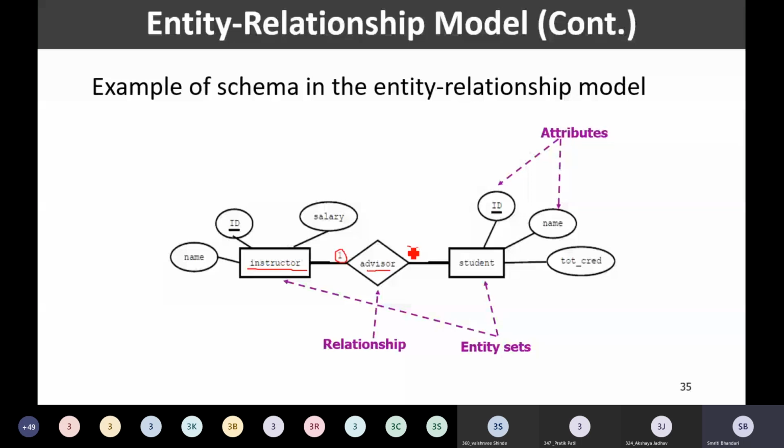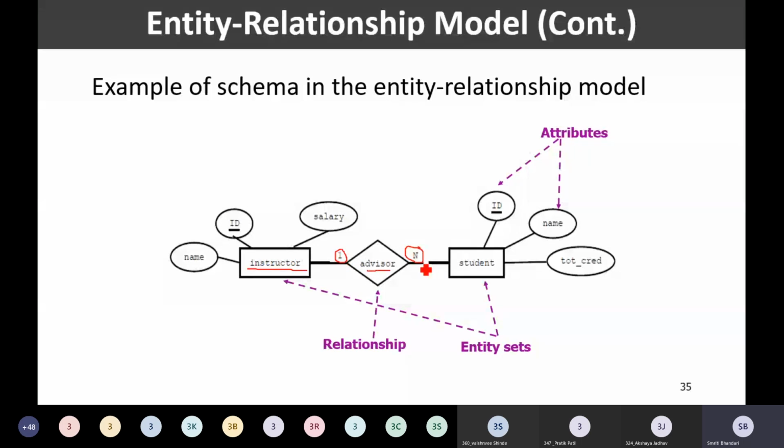Now, you might have seen here the number 1, and here we have written N. So what is this? This is a kind of relationship. We are going to focus upon all those concepts later. But just to make you understand, this is a cardinality for the relationship.